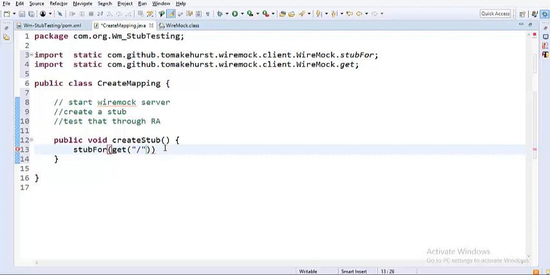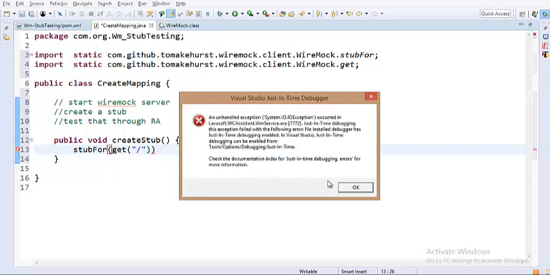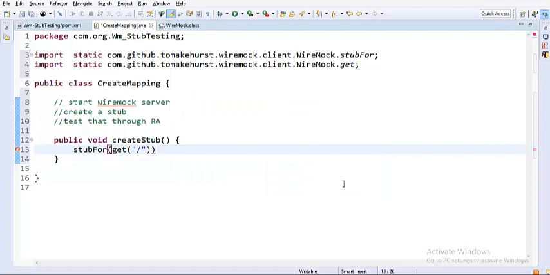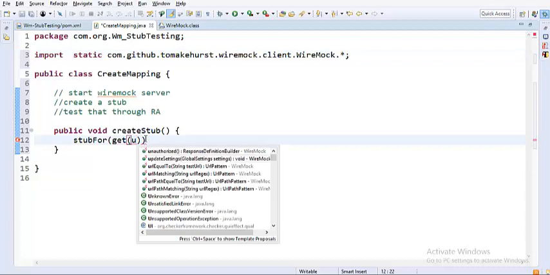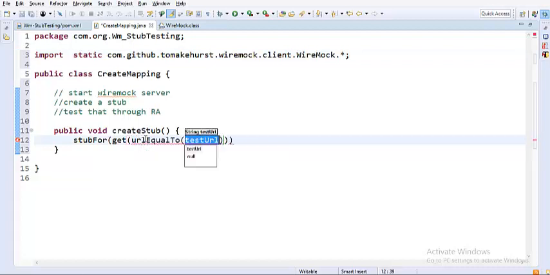But if you keep on adding one static import for each and everything, you'll end up having many import statements, which is not that readable. So let me put a star and then a semicolon, so that now every static method that I have in the WireMock class will be loaded into my class. Now I would say get of URL equals to, and the URL I would name as API slash services.